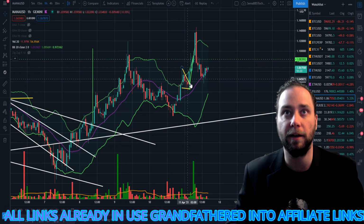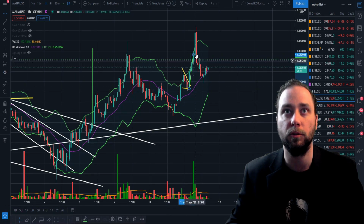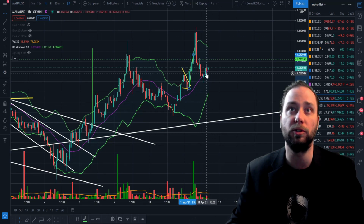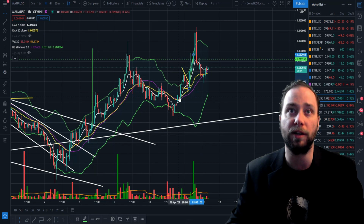Nice little flag or pennant. Pumped right out of it from the point of breakout. So we definitely hit that target, definitely a little overextended for a brief moment. We were up at 1.14 with Mana, looking real healthy. But just in the Bollinger Bands, we are respecting the median, so I think we are going to be moving up. And then if we pull up the 7 and the 20, you can see we got the cross